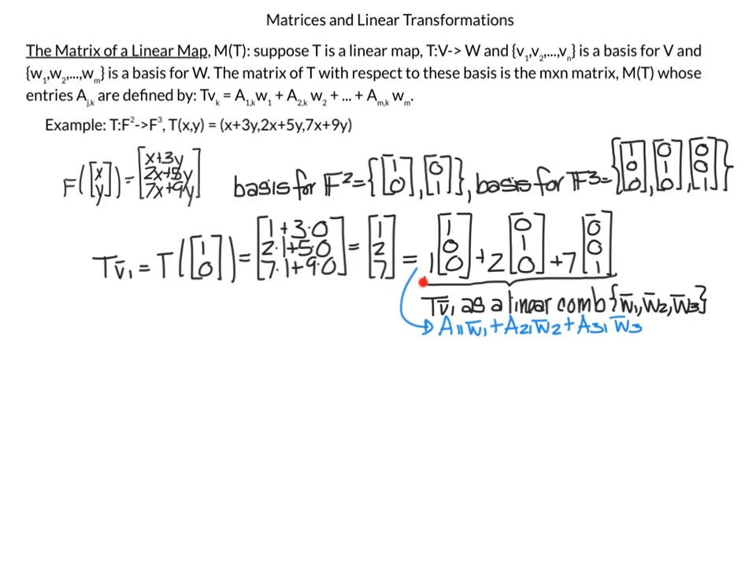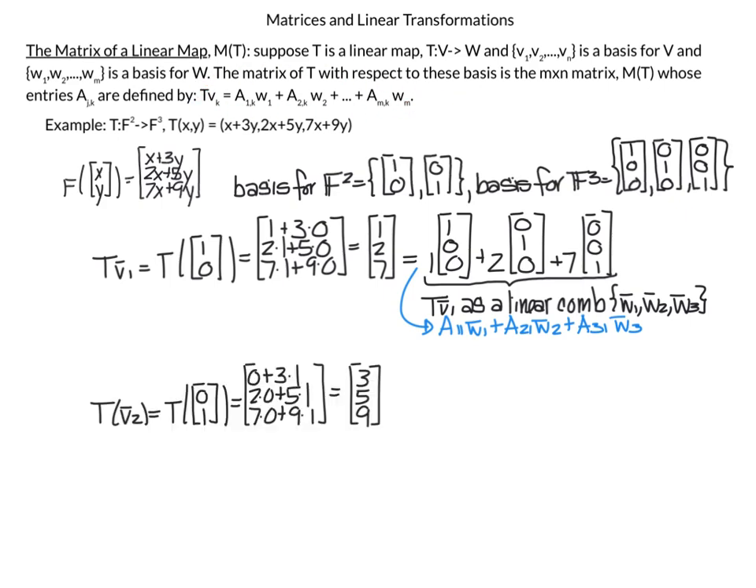All of this work here kind of makes it seem more complicated than it is, but I did want to show you how to relate this formula to what we're going to do next. I do the same thing for T of v2, so our second basis vector, I put it through the transformation, so x is equal to 0, y is equal to 1, so we have 0 plus 3 times 1, 2 times 0 plus 5 times 1, and then 7 times 0 plus 9 times 1,